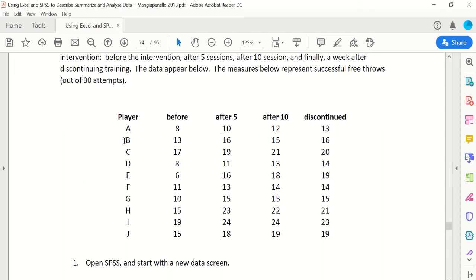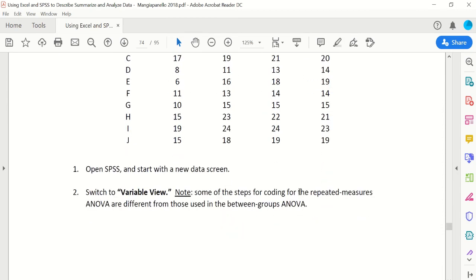And then you can see that there should be 10 people here, and each person has 4 data points. So in other words, we got 40 data points over here. Okay, now